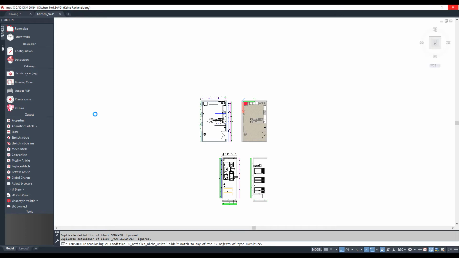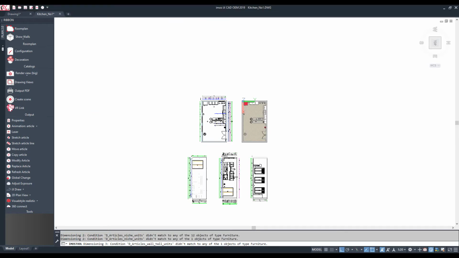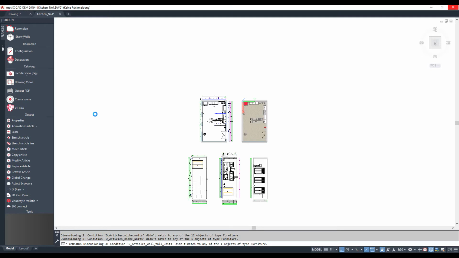Imos is just doing the elevations for the views which have a content of furniture, so should be quite fast. And now finally also we get here a PDF file with the drawing and with our logo, and of course with our name on it. It's now creating the drawing view,